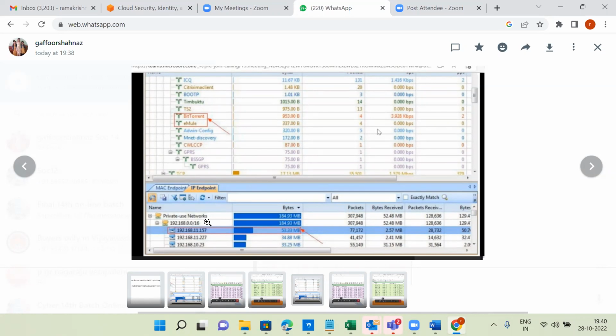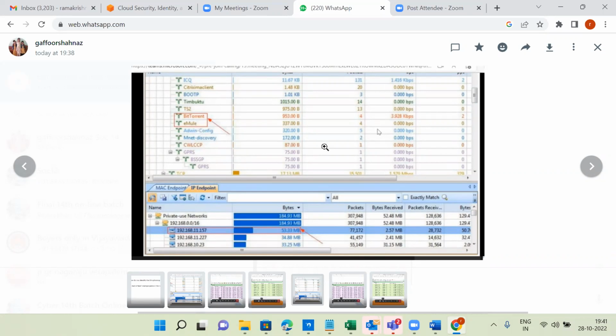Consider maybe user LAN. So 192.168.11.157, this end user is trying to access BitTorrent. BitTorrent is a website where we can go and download movies, videos or audios. And eMule is a software. So far that's what I observed.